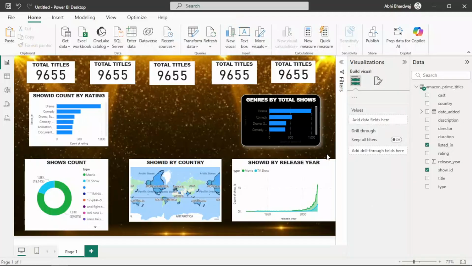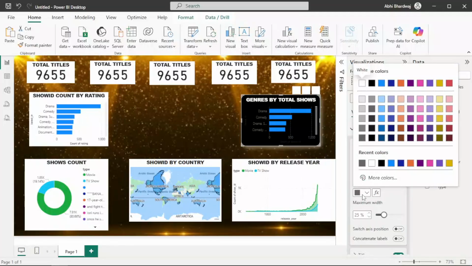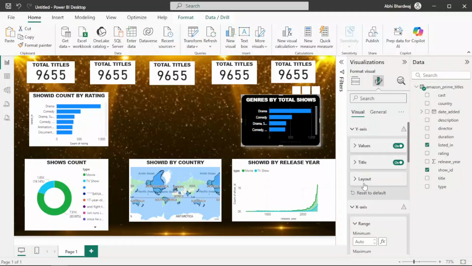How does it look? Also changing the y-axis to white, values to white. Okay, perfect, I guess. So let's do similar stuff for rest of the